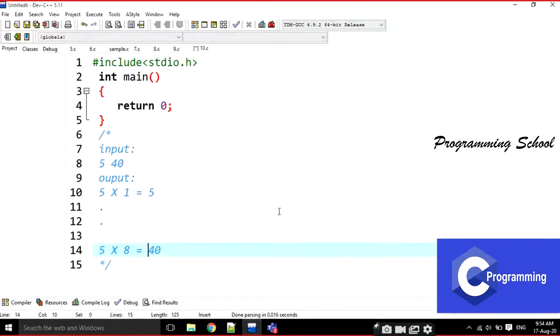For example, if it is some 42, if it is 42 also, I am going to stop at this position. Why? Because what is the value of 5 9s are? 5 9s are 45. That is beyond 42. That's why I am not printing 5 9s are 45. Okay, I am going to stop before it like this.